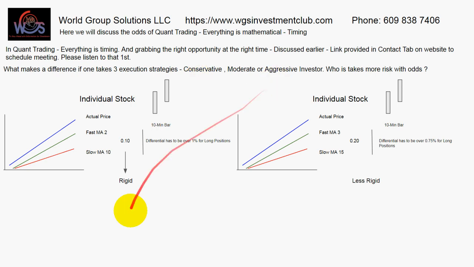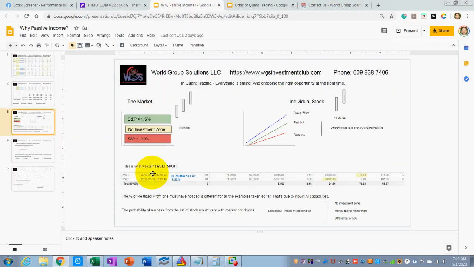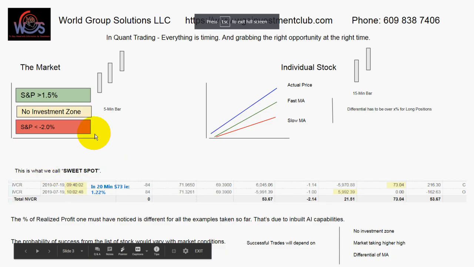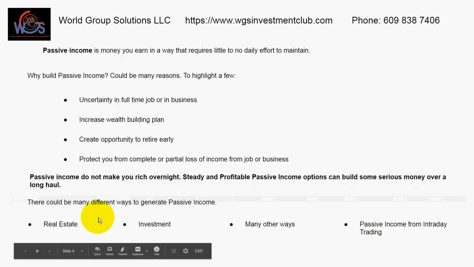Now when you get into this type of sweet spot, as I have explained earlier in my previous slides, this is not a difficult scenario at all. Once you confirm that, okay, this is your sweet spot, this is where you want to be, you will notice that in real trades, in probably 20 minutes, you're making a very decent percentage. So if you go back to the previous slide,